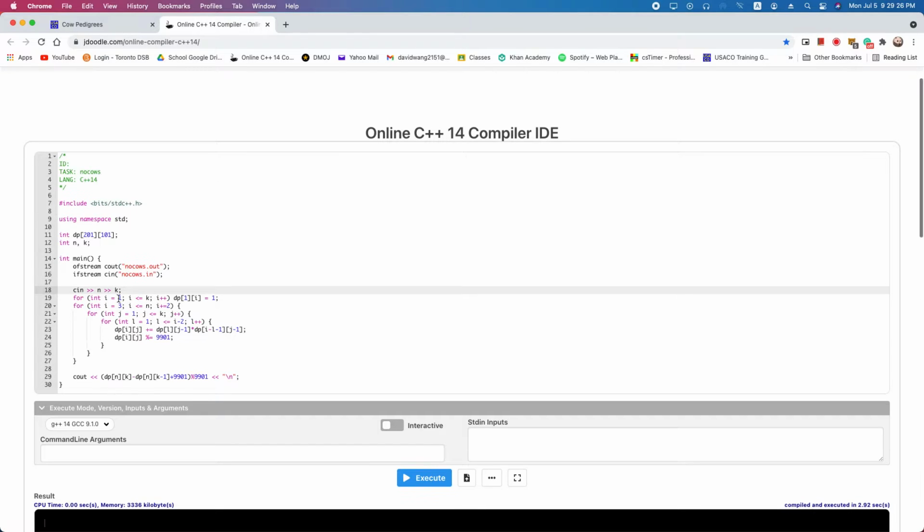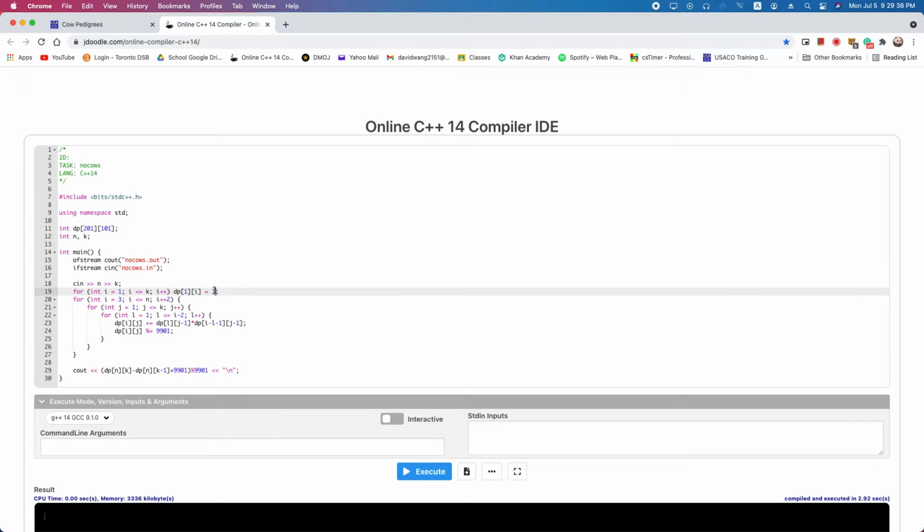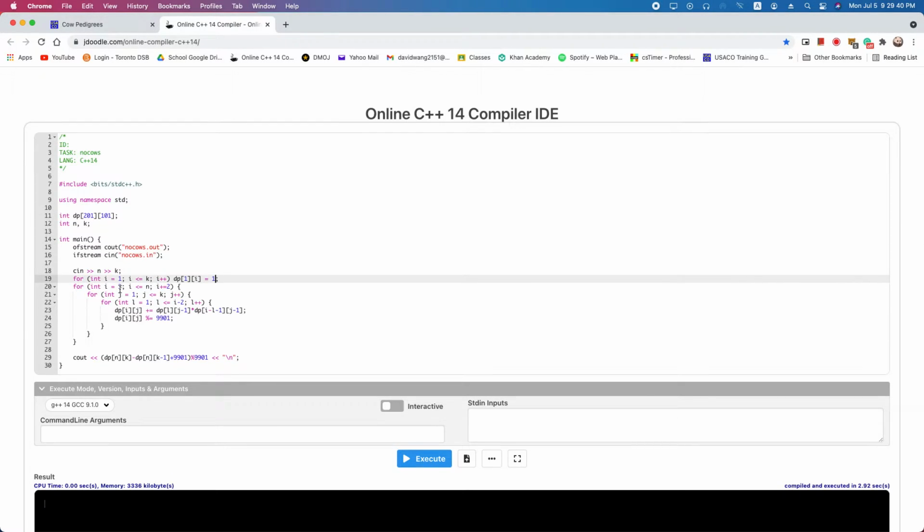So after you read the input, you will set all the ones with one node to 1, because you know that if you have one node, the only way to construct a tree is just the node itself. So there's only one way to construct the trees. And then we start at